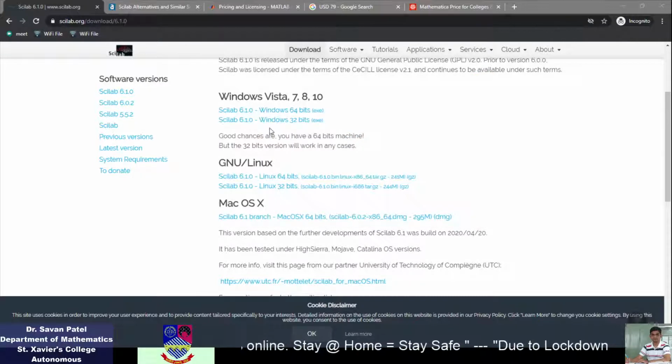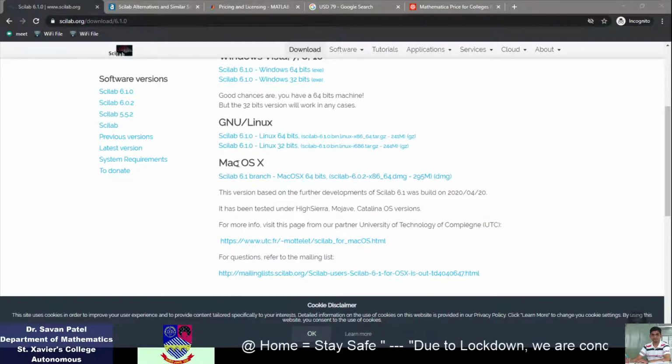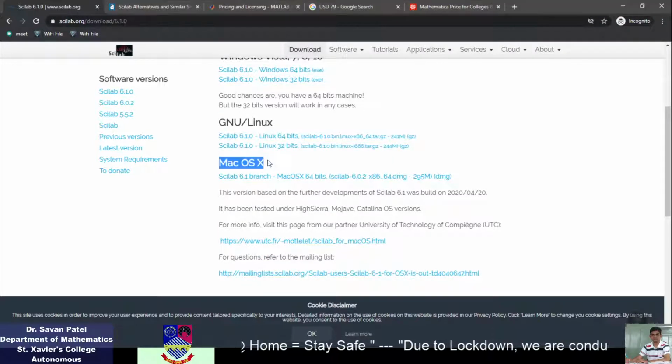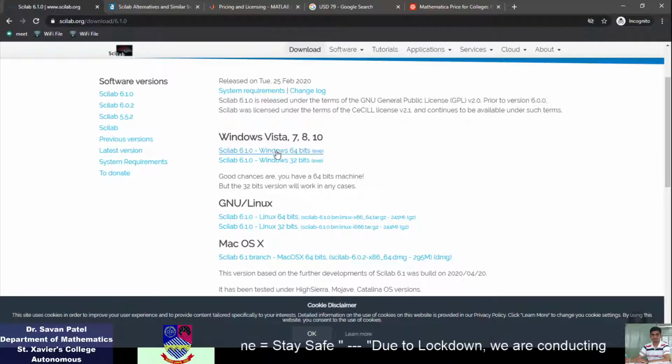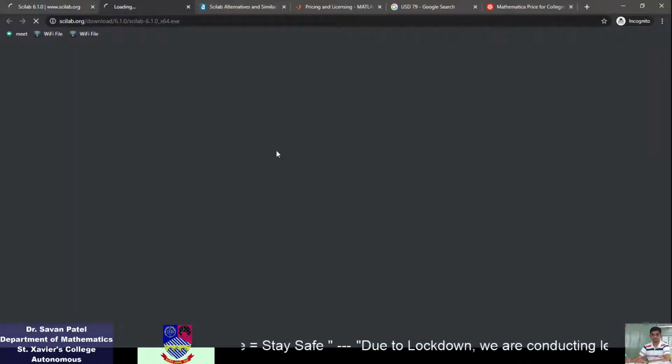Mine is Windows and 64-bit, so I am downloading this one. If you are 32-bit, download 32-bit Scilab. If you use Linux, download the corresponding Linux version. If your computer is Mac OS, that is Apple, you can download from this one. I am going for Windows 64-bit.